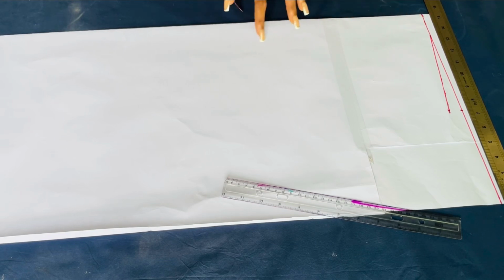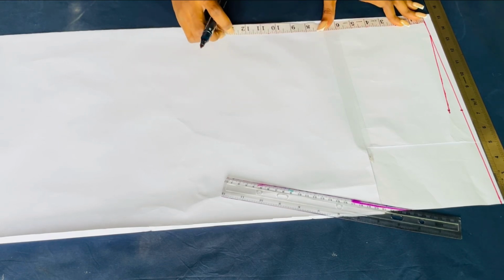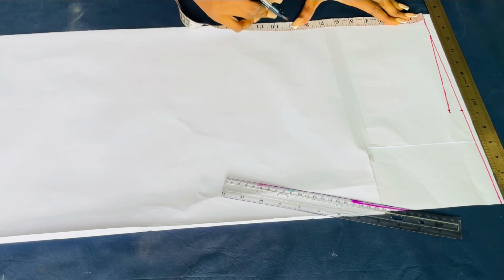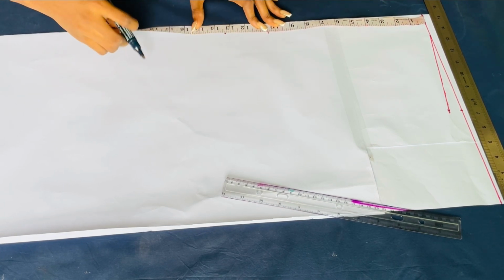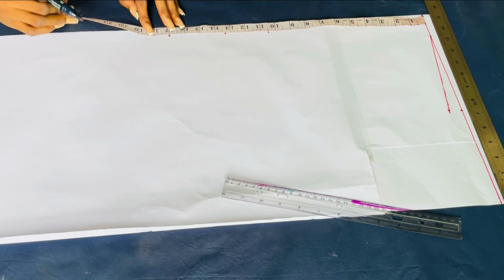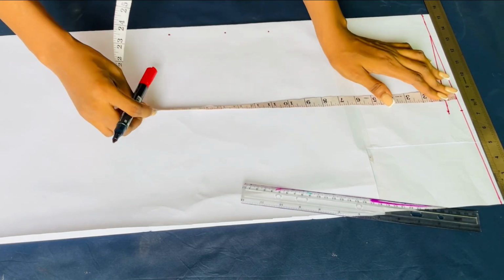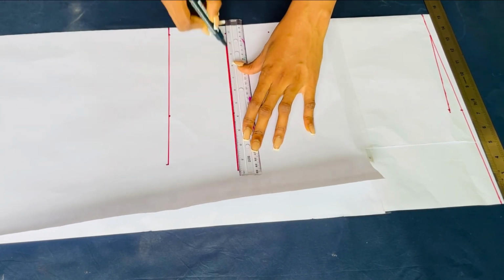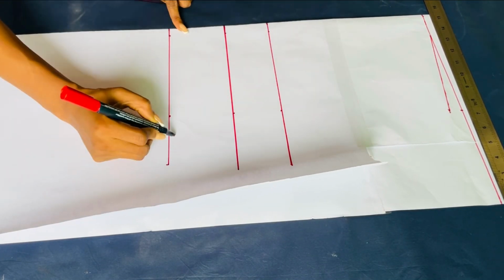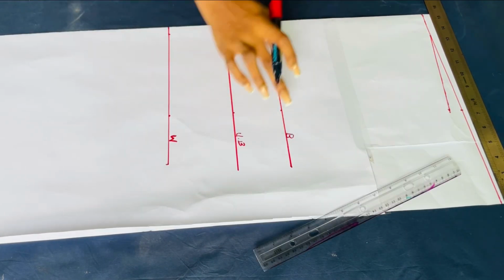Now, after taking that shoulder slope, the next thing I'll take is my measurement downwards. From my shoulder to my bust point, I have 10.5. From my shoulder to under bust, I have 13.5. And then my waist line is 17. So I will retake all those measurements on another line to get a straight line, and that's what I'm doing now. After drawing these straight lines out, I will go ahead and label them so that we'll know what each